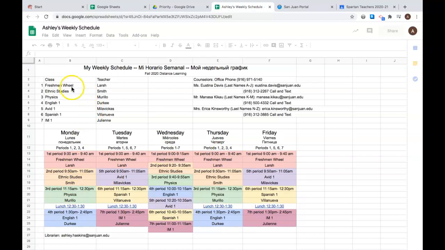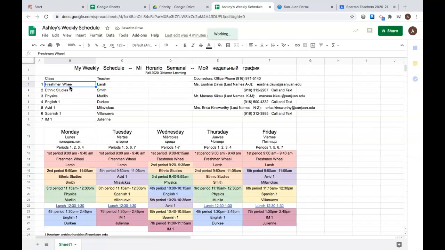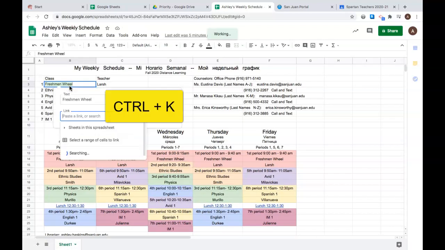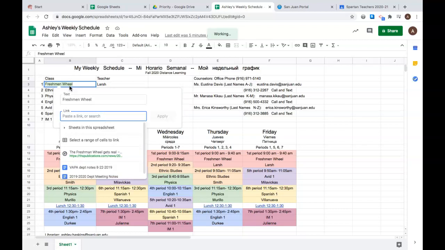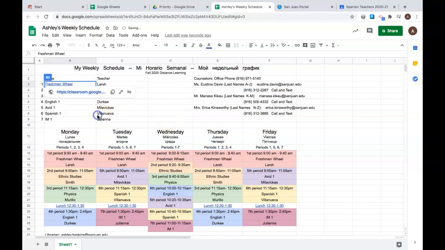So say that's my first period, I can select the cell that has the name of my first period and hit Control-K or Command-K on a Mac, and then that tells it that I want to put a link into this cell, and then Control-V in order to paste that link that I have copied. Hit Apply,